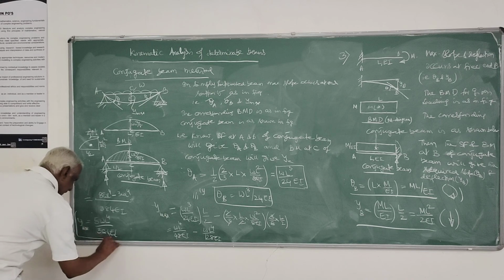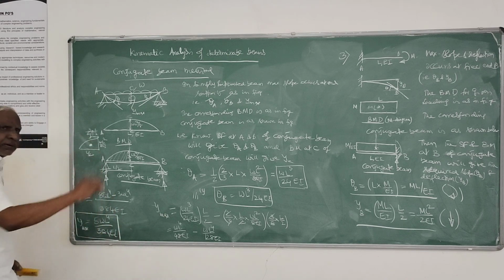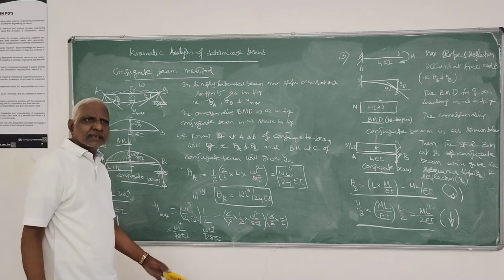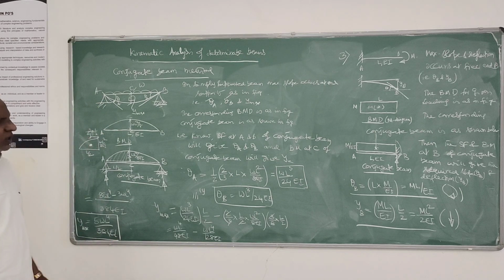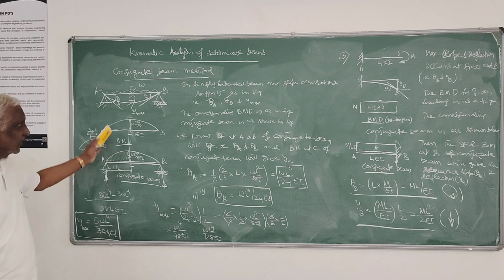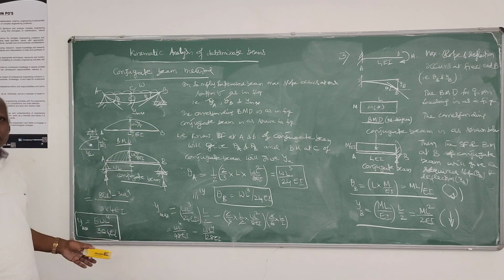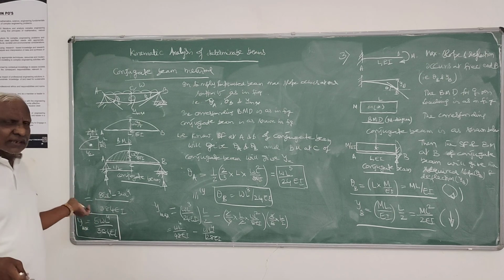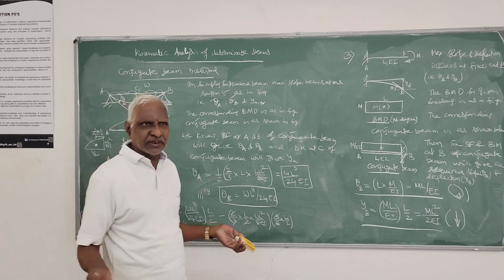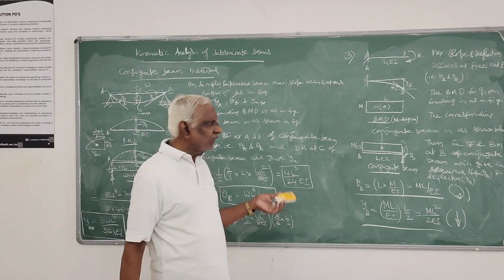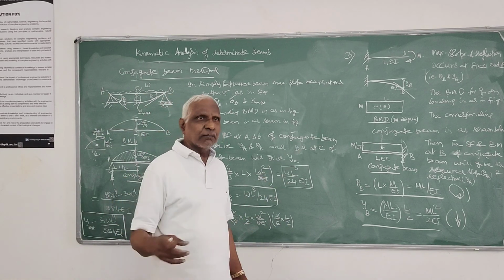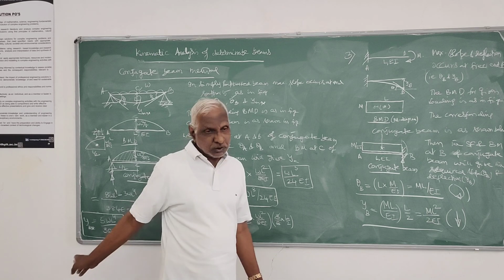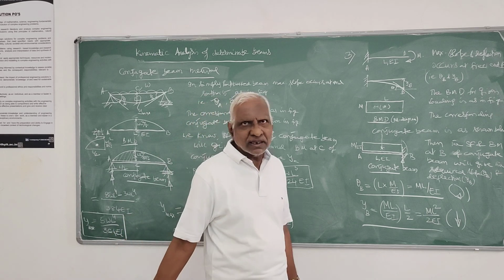This is standard Y max. The maximum deflection for a simply supported beam subjected to UDL is 5 by 384 WL to the 4 by EI. These things you can remember, whatever cases I have given in that problem, those cases, deflection and slope, you can always remember. They are all standard. Like that you can work non-prismatic also. If any problem is there, note it. Next class I will take up the area moment method. The only thing is you have to work all these problems and submit them.